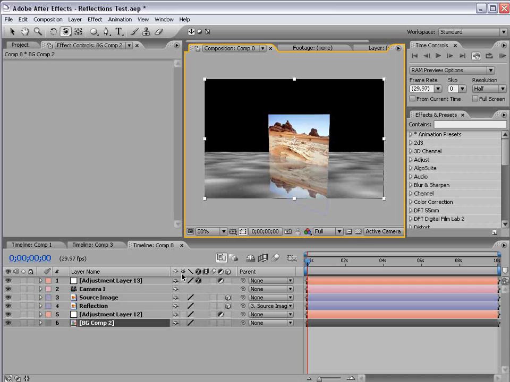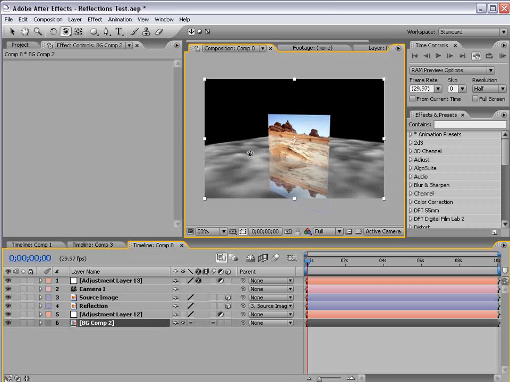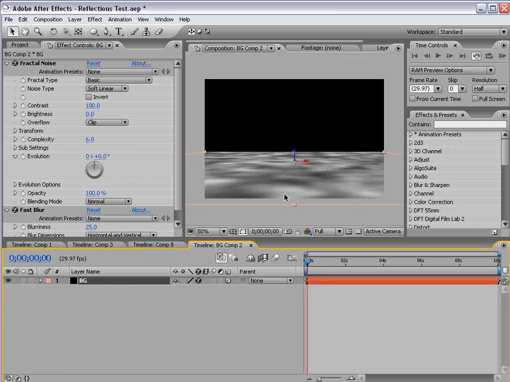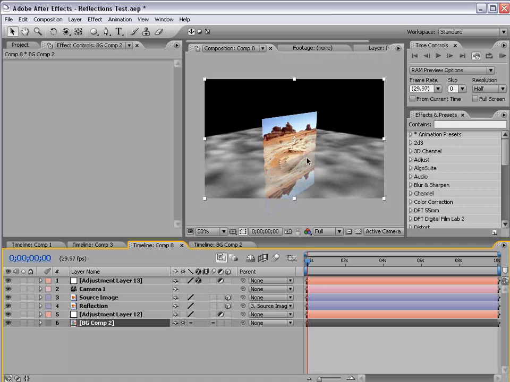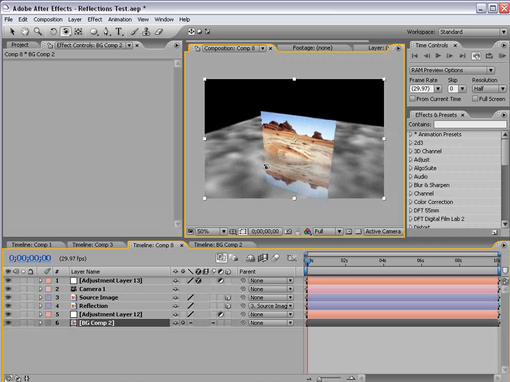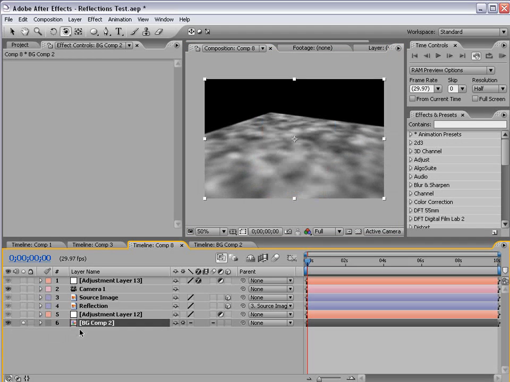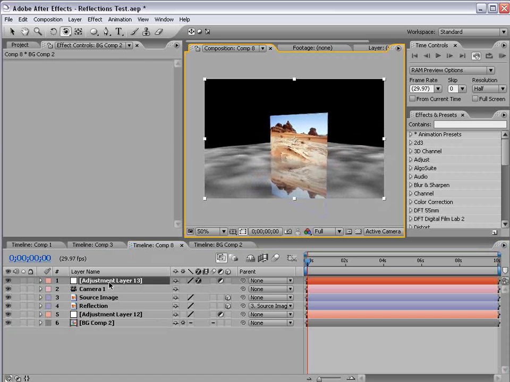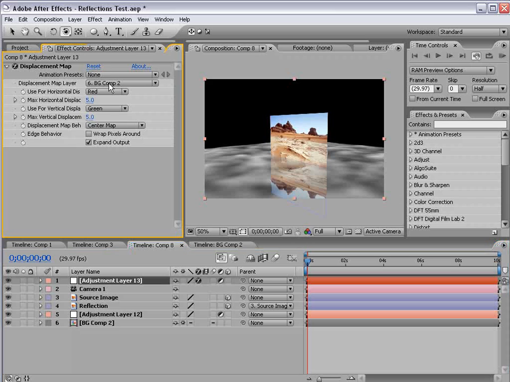So if we turn on the collapse transformation for this comp, it'll re-render it based on the position as it sits inside of this pre-comp. So basically, we get everything we want. We get it as a single layer, but we also get the ability to adjust it in 3D space. So if I take my adjustment layer now, change the displacement map to the background layer,